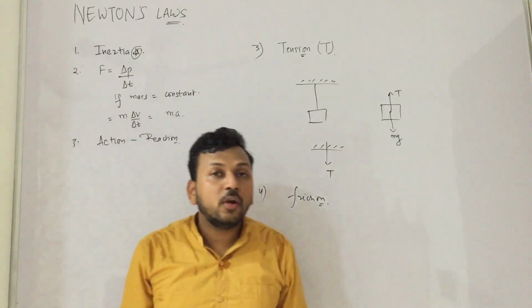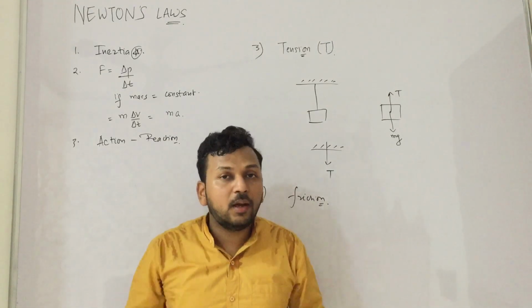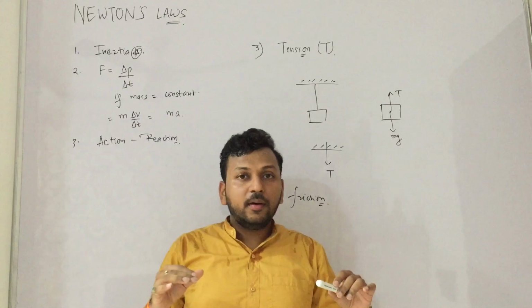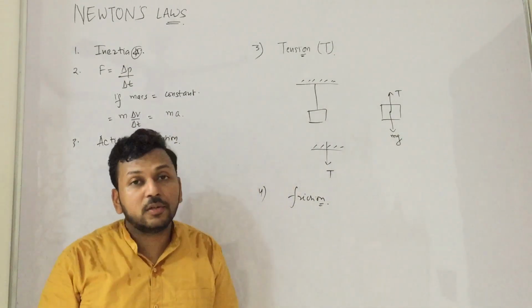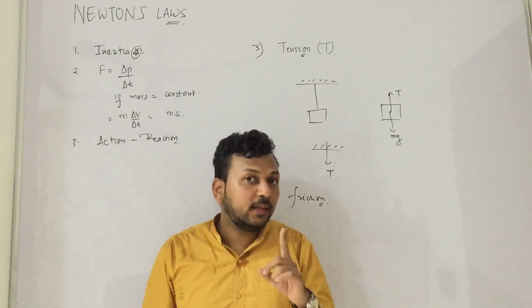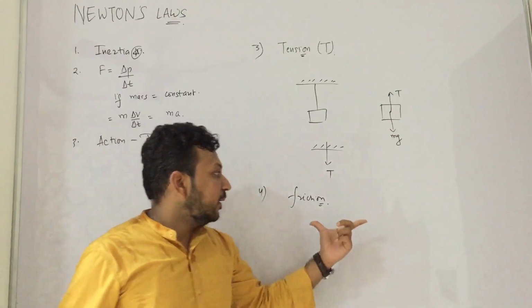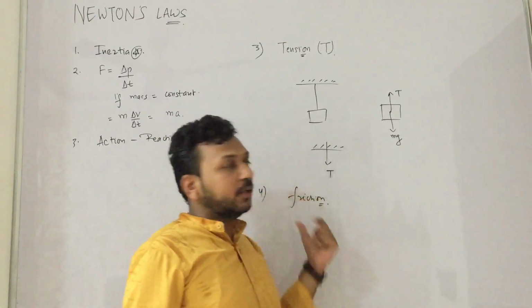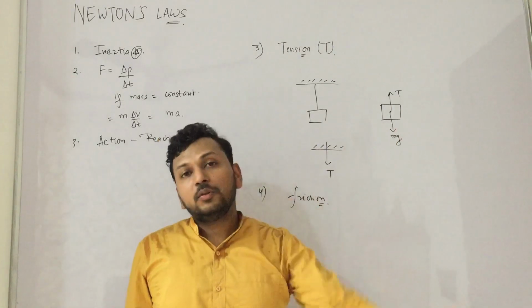So for such objects, like humans also, if you are just standing on a very slippery ground and you move forward, you will just slip. So what is supporting you? What is taking you ahead? Friction. So friction may support or oppose velocity. Anything can happen, so you have to study friction very carefully. We'll study that in the next chapter after Newton's laws. You can just write that friction may support or oppose velocity.